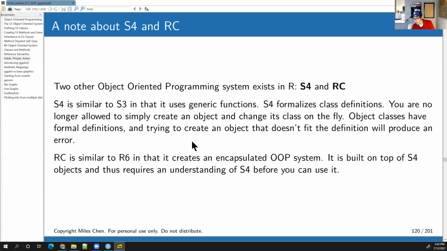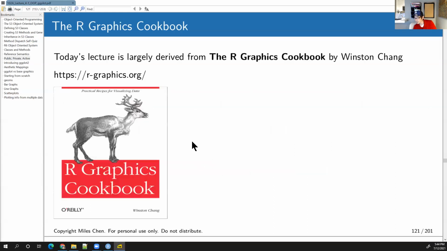RC is similar to R6, okay, in that it creates an encapsulated object-oriented programming system. It's built out of S4 objects, and so you got to understand S4. It also uses super assignment, which we don't really like, but it uses that. I think R6 is the preferable encapsulated OOP system. The downside of it is that you got to load in that library here. Okay,